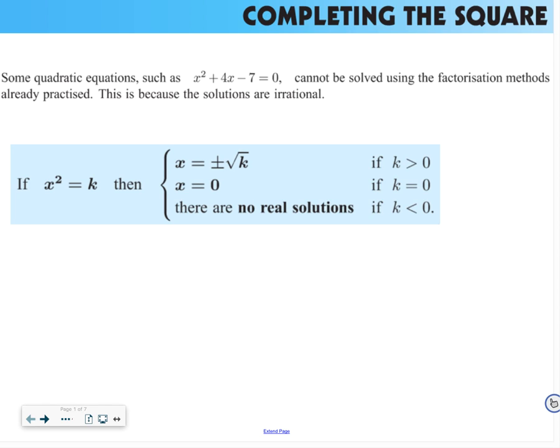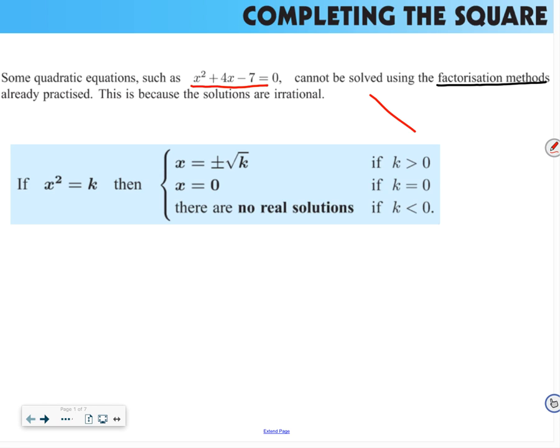All right, mathletes, here we are looking at completing the square. We're going to complete the square to solve quadratics. And typically we're going to do this when the factorization method does not work. So if we look at our quadratic and we recognize we have something like this, x squared plus 4x minus